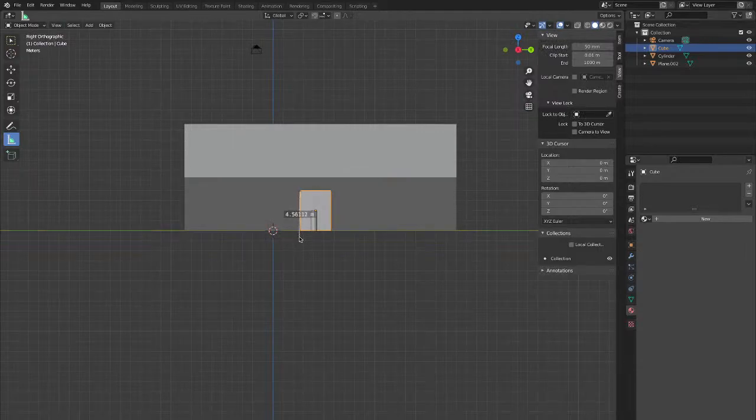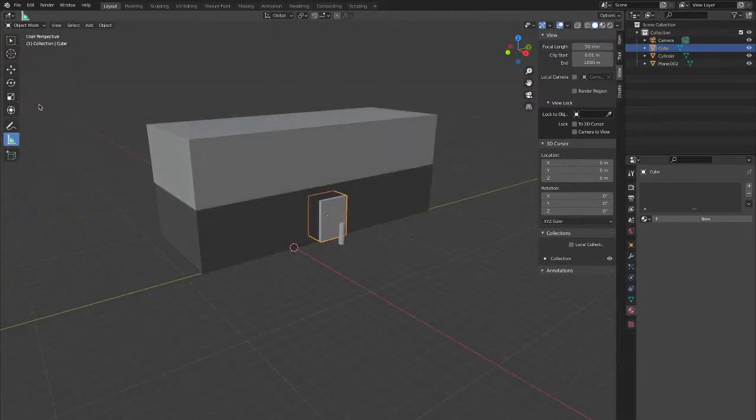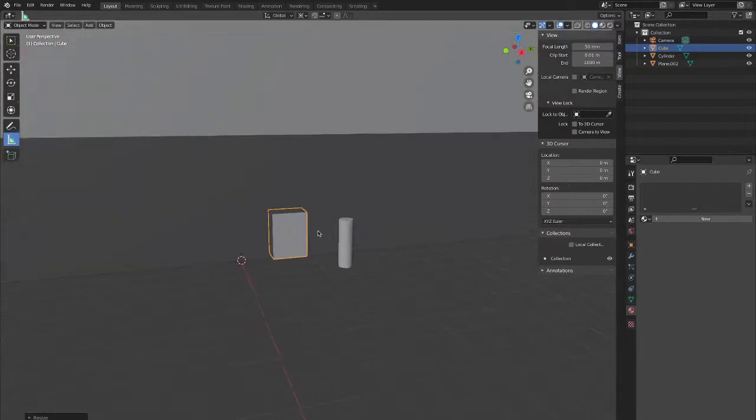So unless we want to have like a grand door, we don't need a 4-meter tall door. That's like twice the height of a normal door. So we could select this. So let's go here and let's do a 3D cursor because I want it to scale like that. I don't want it to move very much. So if I do it like that and I scale it, maybe let's do 0.5, then that's technically the size